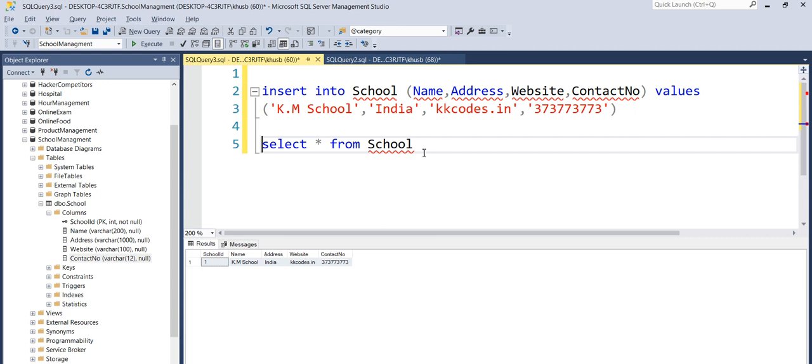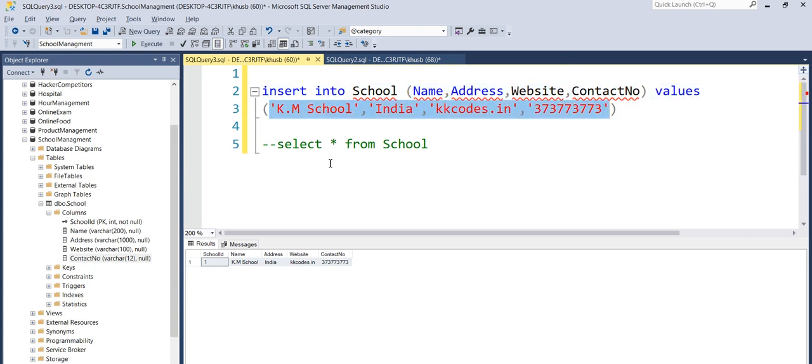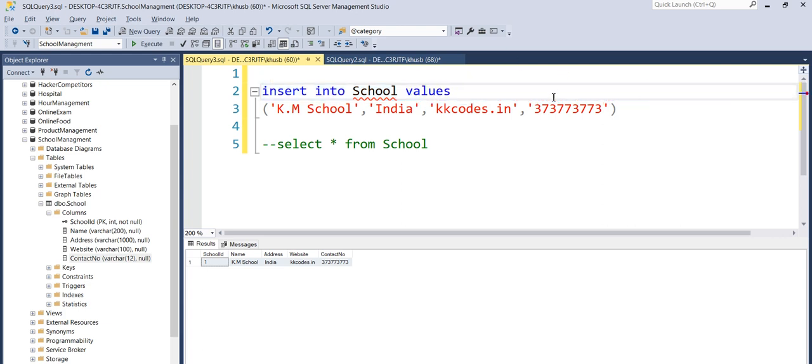Now let's just play with this insert query. Let's say I don't want to specify each and every column. I just want to use this values. So instead of writing all the columns, I can skip this part.